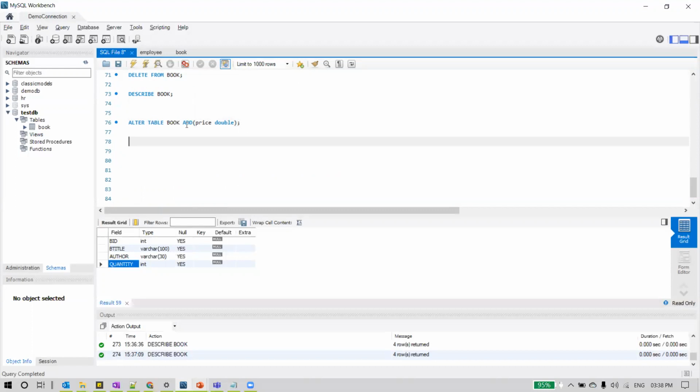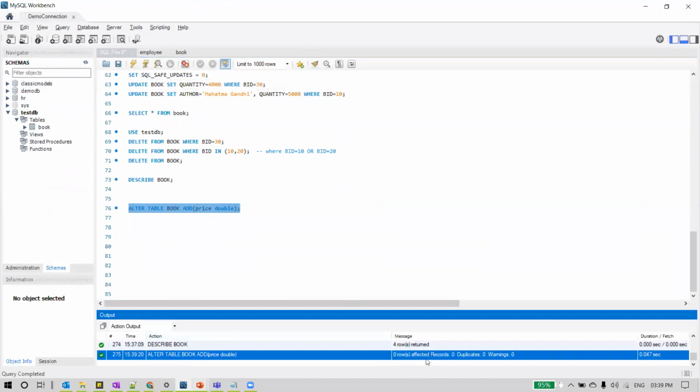Then what we want to do inside this table is add a new column, so we use the keyword add. What do we want to add? A new column, which we need to specify in braces. This is my column name, and this is the data type. If it has a size, we can also mention the size after the data type. For now I am just declaring it as the double data type. So this is the syntax to add a new column to an existing table. Let us execute this command now.